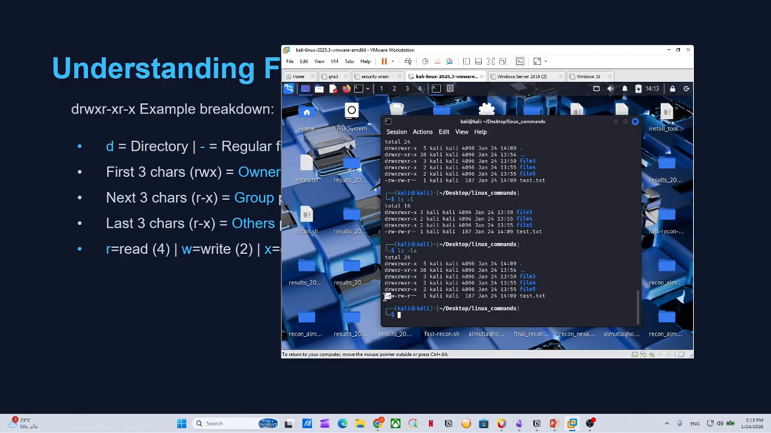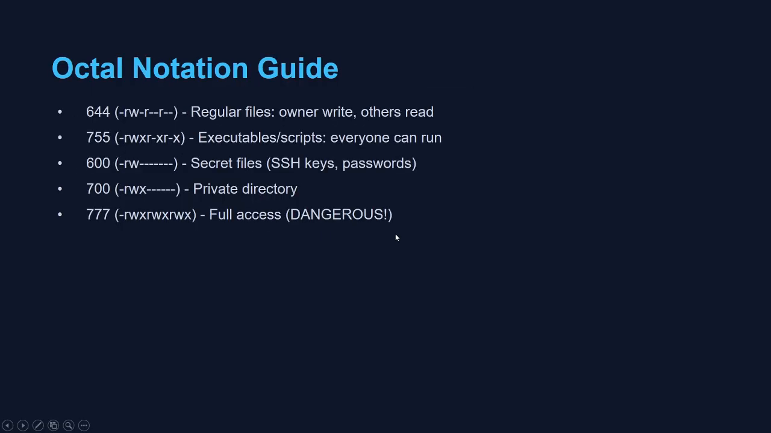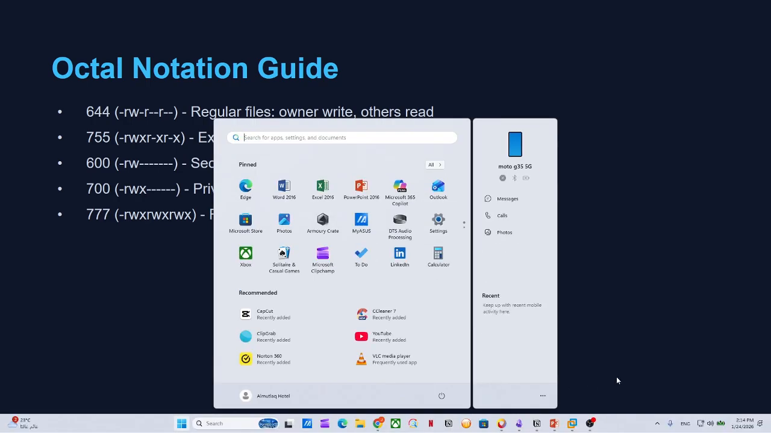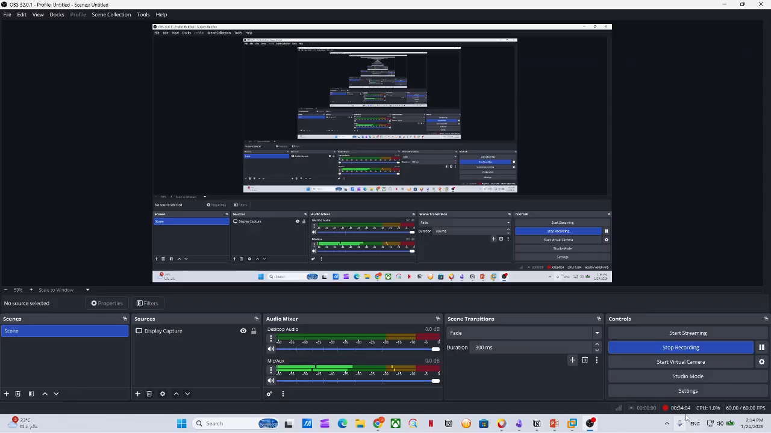Okay. Same thing with the file. The file starts with the minus here. That means it's a file, it's not a folder. And then RW, read, write, but cannot execute. So this is what we need to understand about file permissions. And this is how it's represented. It can be represented by numbers as well. Okay. Like we said here, we have regular files. Okay. Owner, we have